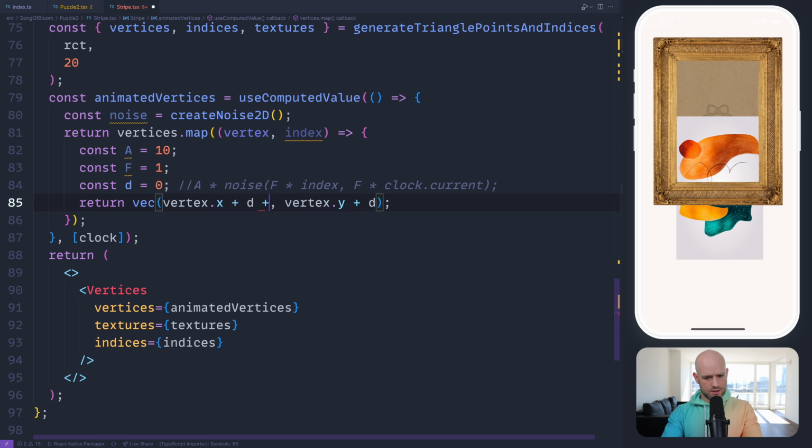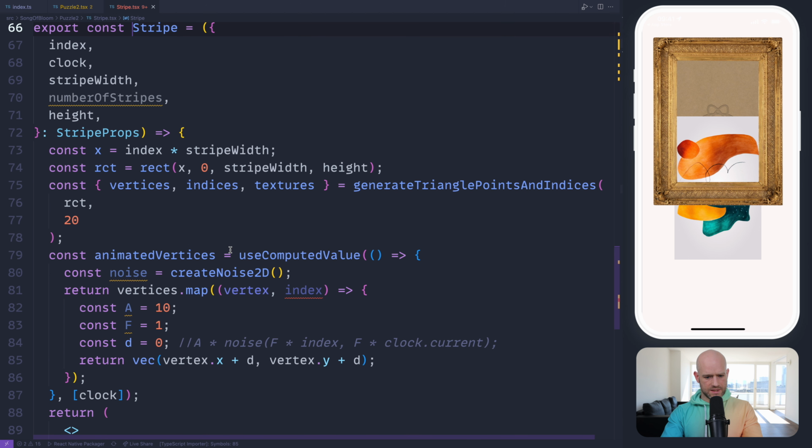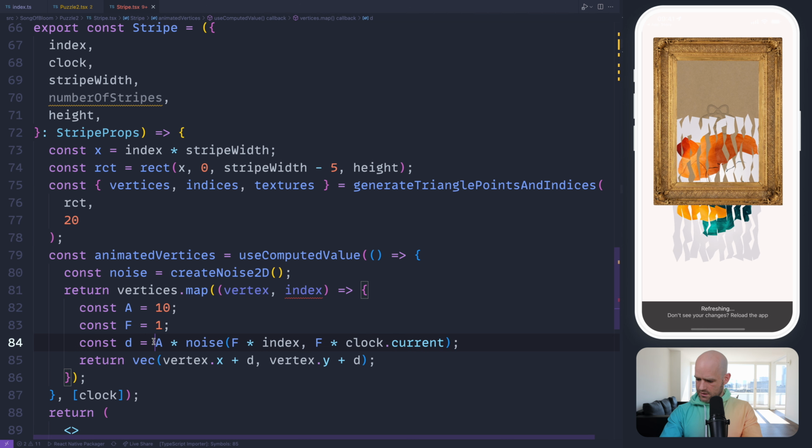No. Let me see. So should we add here? Or remove to the stripe width? Yeah. So we want to separate them nicely. Add some noise. Nice.